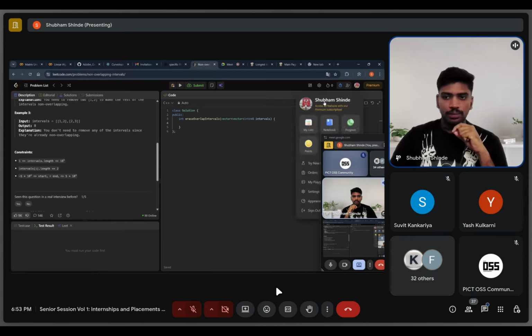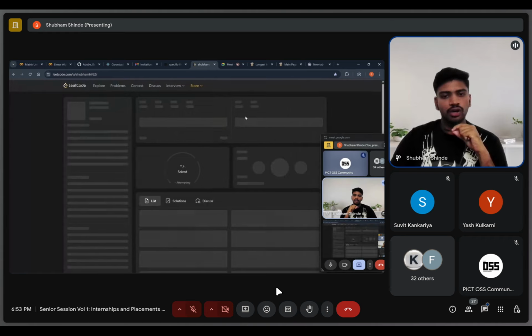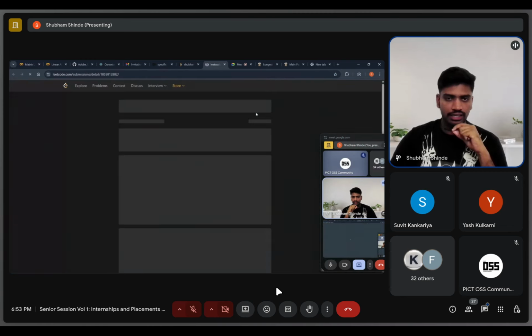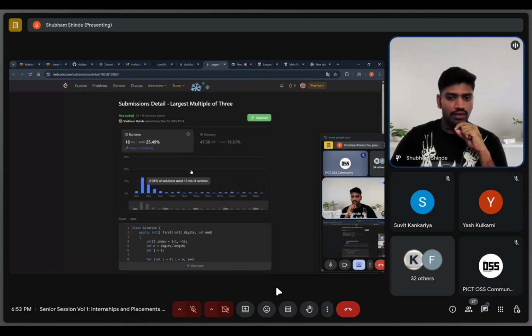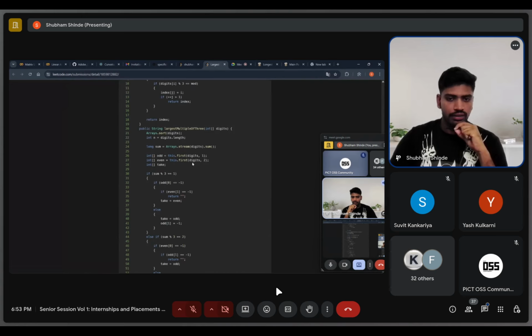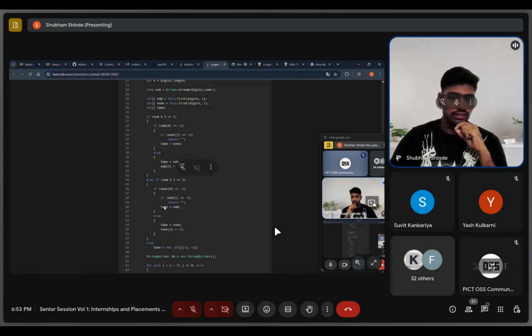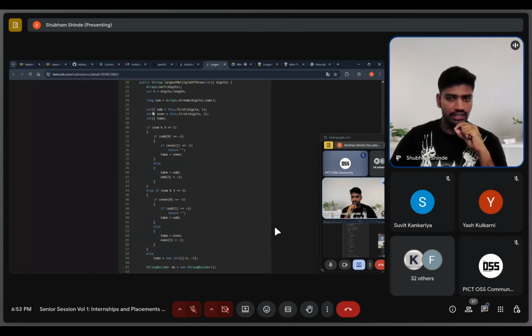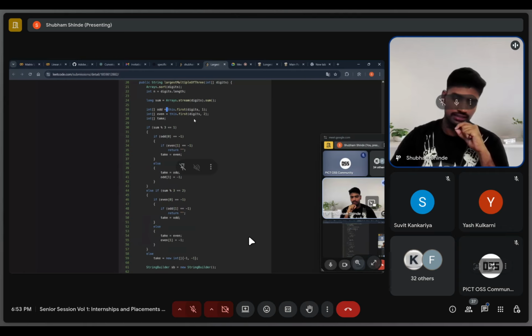Another practice while solving any problem: you can check my submission, and you can see that I have given proper spaces, like int odd, int even. You can see that proper spacing is provided. This is another big mistake done by people who just write int odd without giving the space. The code looks messy.